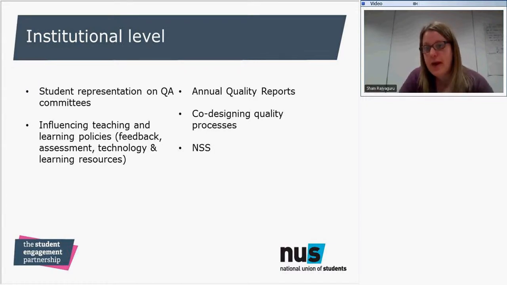Annual quality reports. So the ways in which often student unions are trying to make independent judgments about the learning environment, often through something like an annual quality report, which is a kind of annual scaled down version of the student submission, which happens during quality review. We have a project with the Quality Assurance Agency to expand the number of student unions that are producing annual quality reports and have a number of KQT guides. So Amir, who you've just seen on the screen and who's liaising with you, leads on that project. So if you would like some more information about that, then please contact her directly.